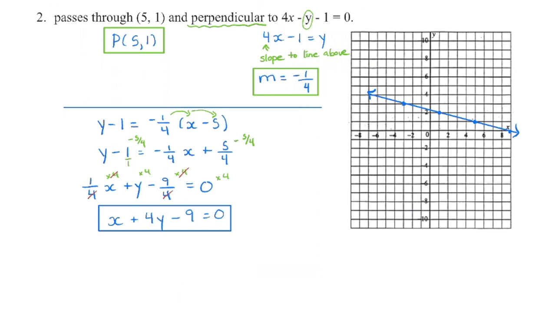We know we have a y-intercept when x is 0, so zero this out. Our y-intercept occurs at 9/4, which is 2 and a little bit, 2 1/4. So check, does that work? On the graph, always start with the information given. So we know we have to go through 5, 1. That's the first thing I would do, is I would plot 5, 1, and then I would go down 1 over 4 or up 1, 4 to the left, and then check to make sure all the information together works.